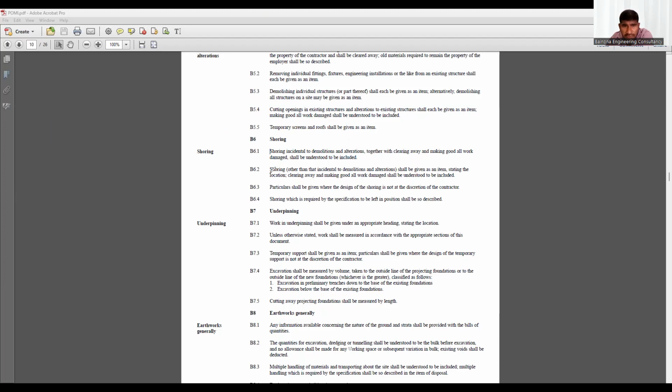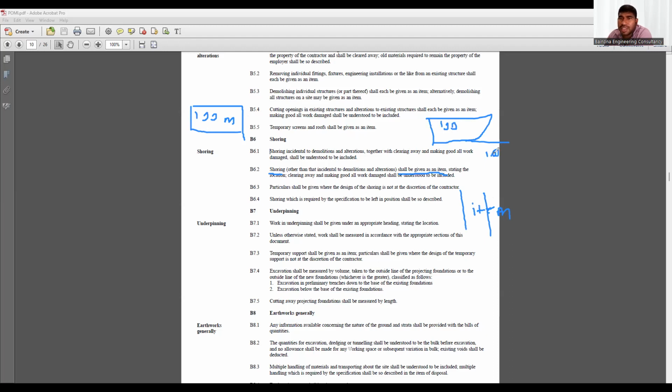Okay. Now they have given the unit of the shoring. In the BOQ, if you put a shoring item, they are telling you it should be given as an item. But here I put it in meters, no? Normally I put it as a meter, because to have better cost control in future. I told the contractors in the drawing I mentioned 100-meter. Later I said to add another 10-meter. So if I put an item here, it is very difficult for me to evaluate this variation. Understood? So that is why we go for a meter.